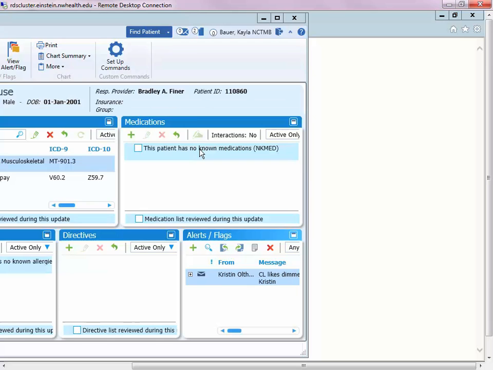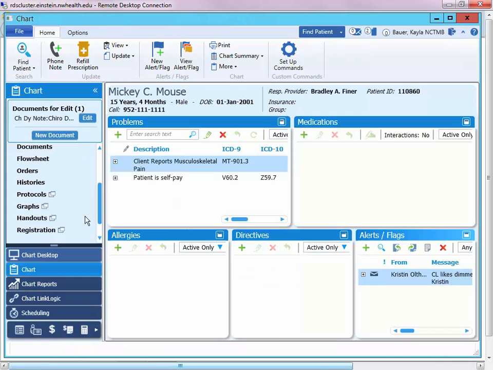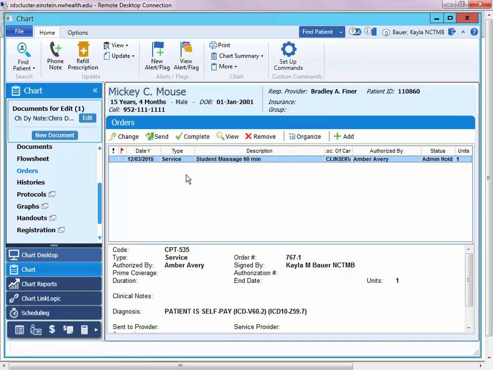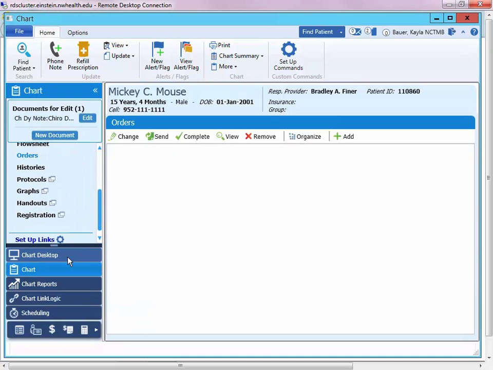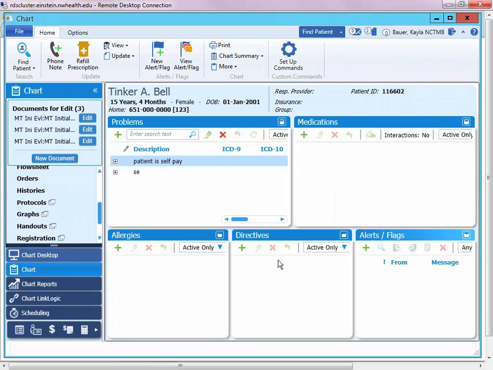Now I'm going to end and hold this document, and you will see on the patient's chart, sorry for my screen, it is still on hold and the document can still be edited, but you can submit the order here. But because I haven't synced an actual schedule, this is the training environment, it won't show up here as an order that is complete. So if we go back to our chart desktop and click on Tinkerbell, open patient's chart,